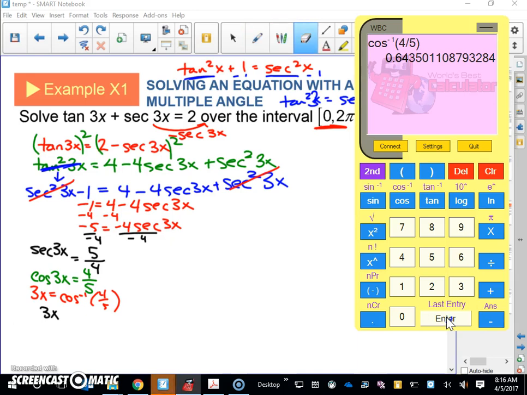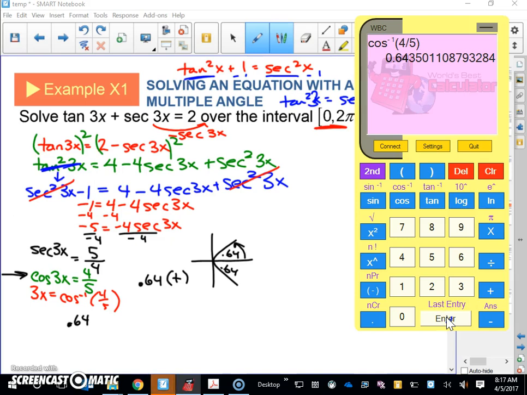3x, well, I guess that's not 3x yet. Really what we've got is a reference angle, okay? What we just did, when we're trying to find that angle, we found a reference angle. I know it's kind of hard to understand when it's not in degrees, but that is a reference angle, 0.64, where cosine is positive. And so your 0.64 where cosine is positive would be in your first and your fourth quadrants, okay? And so one of those answers is just 0.64,